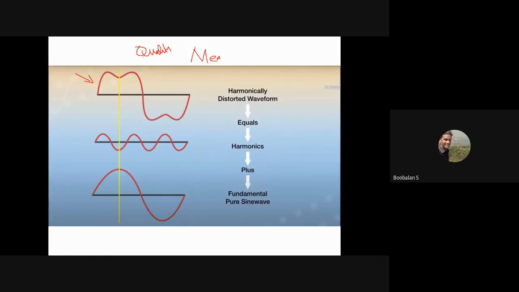We are able to measure voltage, current, and the phase angle difference between the voltage waveform and current waveform. We can measure power factor. We can measure harmonics, right? So we can measure everything. That's why it's called a power quality analyzer.